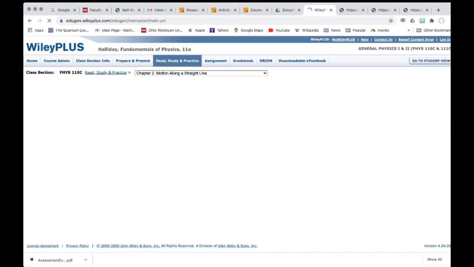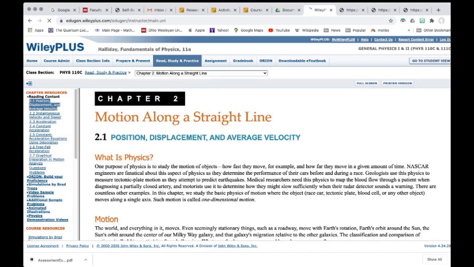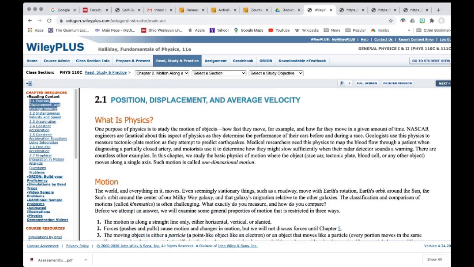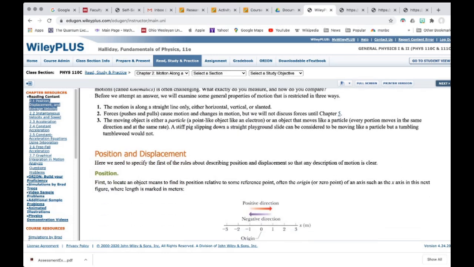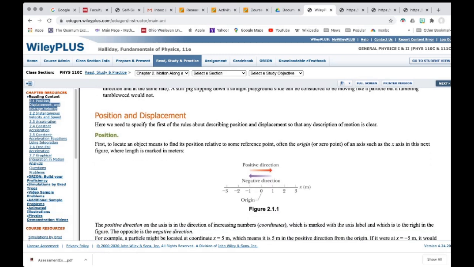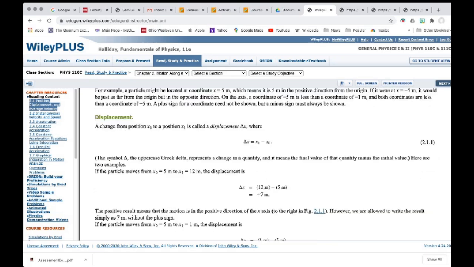And if you click on that, wait just a moment, you will get the actual reading content from Chapter 2, Section 1, position, displacement, and average velocity. And then you read. You just start reading. And I strongly encourage you to read this content. Read every word of it. You'll love it. It is clearly written, very accessible,